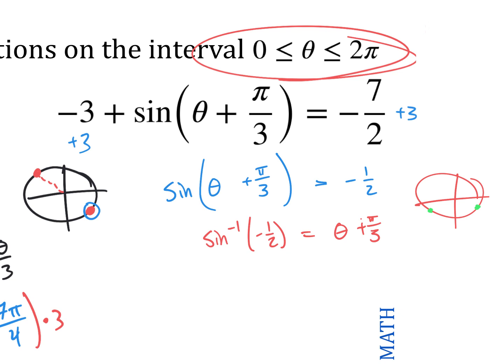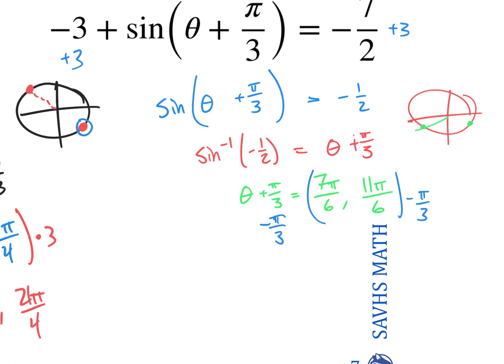So let's see. This would be 7 pi over 6. And the other place is 11 pi over 6. So the next step would be to subtract pi over 3 from both sides. And so now we need a common denominator. So this would be like 2 pi over 6. Okay, so we're subtracting, and so we get, let's see, theta equals 5 pi over 6